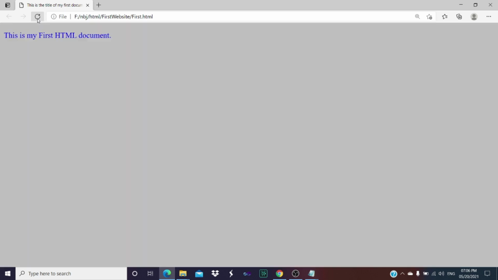So the changes are already visible on our web page. The background color of our web page is silver. Along with that, the text within our paragraph tag is in blue color, and you will also be able to see the tooltip which we have specified within the title attribute, that is first paragraph. So friends, this is all about the topic, that is HTML element, within which we have seen both the things, that is theory as well as practical demo.